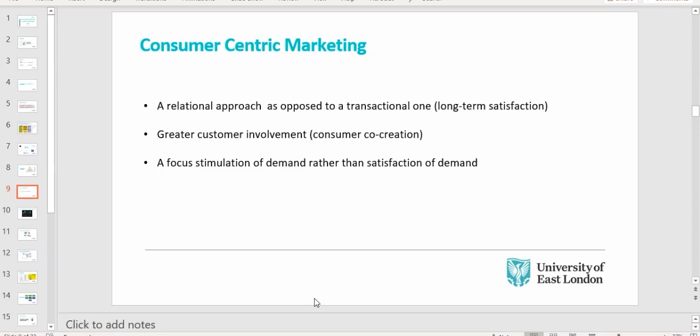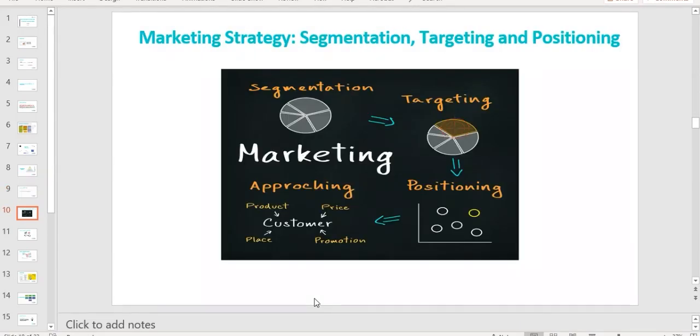I mean, the companies said, look, here's a product. Your life will be better if you have a smartphone. So it's about stimulating the demand. So be one step ahead of your consumers and say, okay, this is what they want today, but what will they want tomorrow? What will they want a year ahead? What will they want 5 years down the line? So being consumer centric does not just mean meeting the customer demands. It means having those open, honest conversations about the consumers and anticipating what those conversations will be a few years down the line. Right, which brings me to some of the core marketing strategy principles.